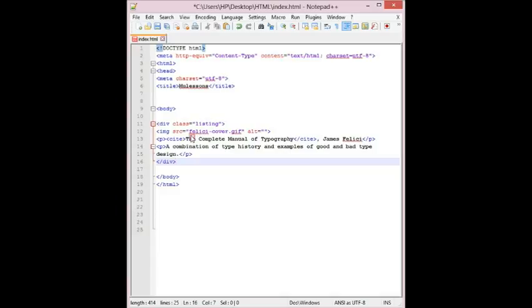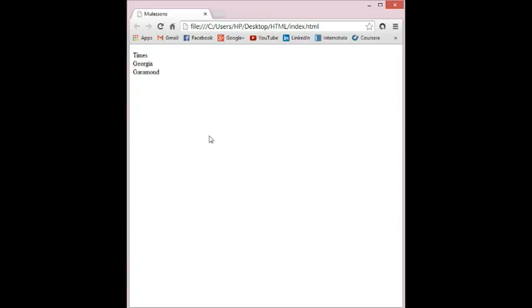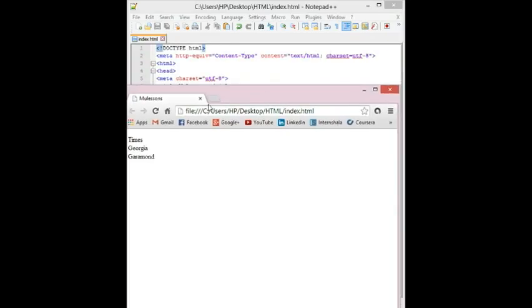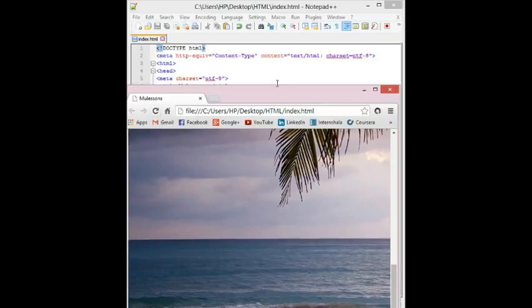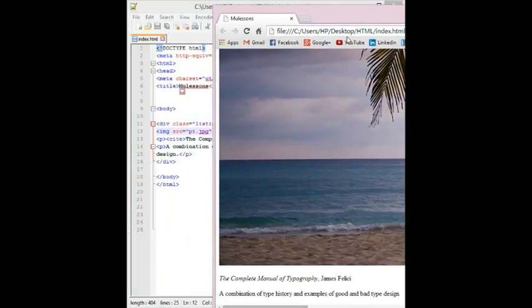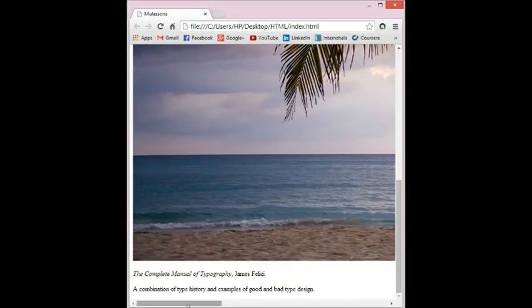I'm going to change the image name here because I don't have this image. If I go ahead and save it, now let's see what happens in our browser. You can see that the browser shows us something like this.